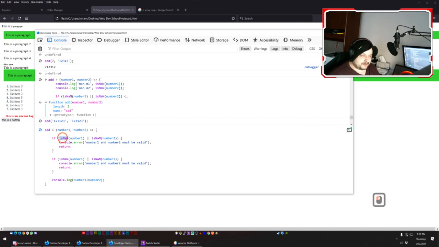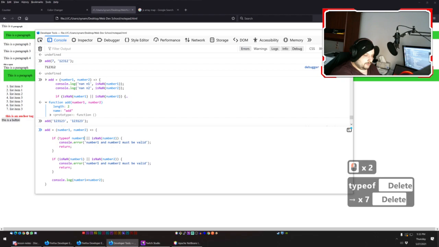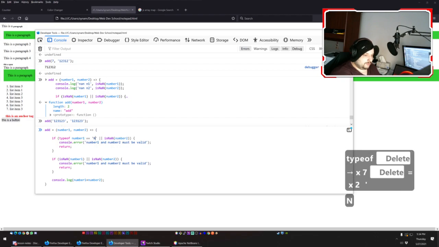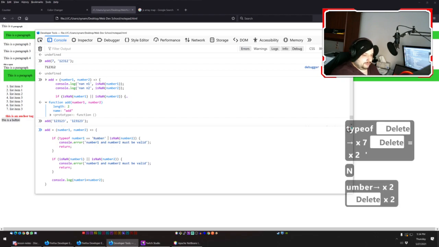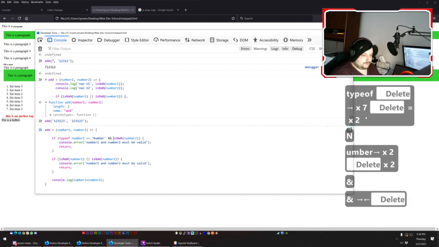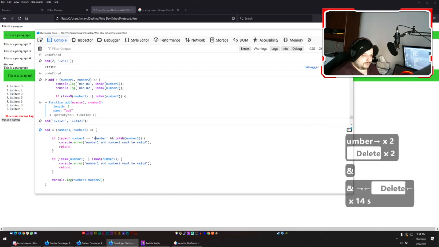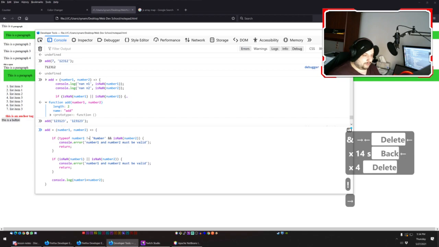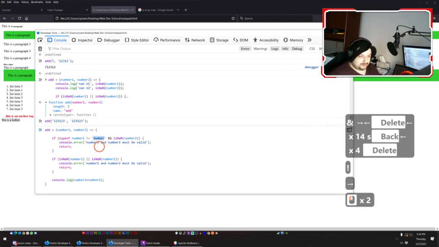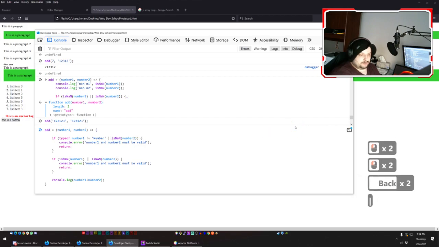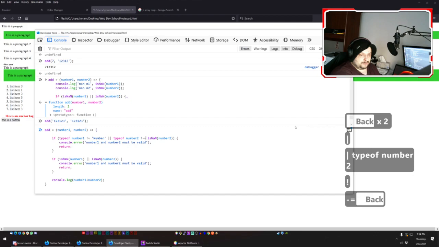So for this I'm going to say typeof number equals number, I'm sorry, string or not. Okay, so if typeof number 1 is not a number, or typeof number 2 is not a number,